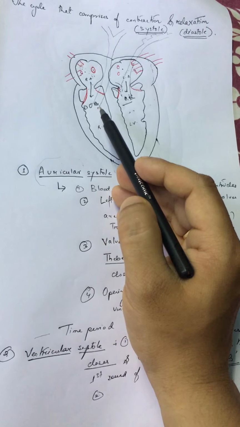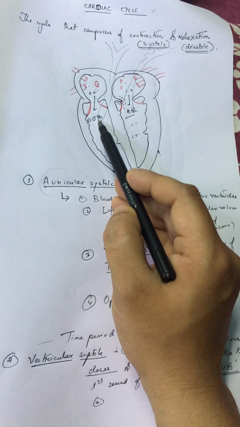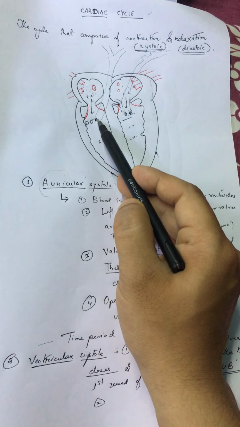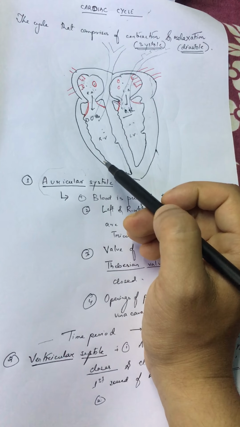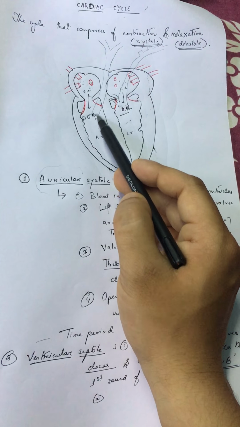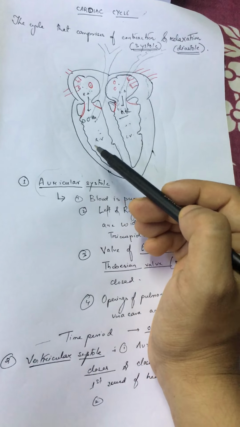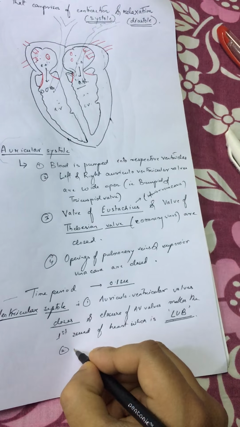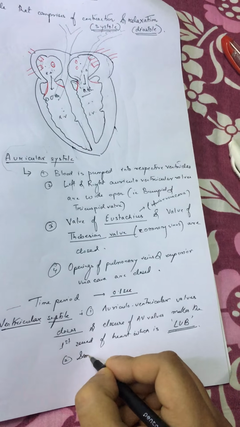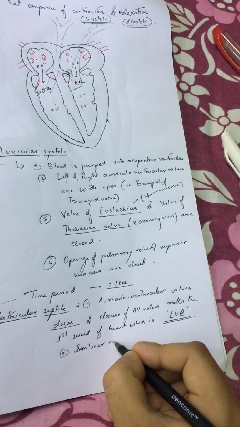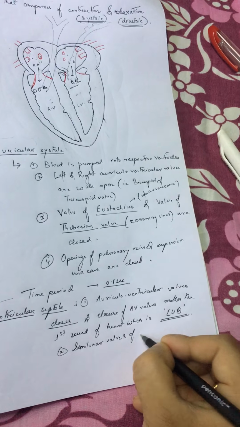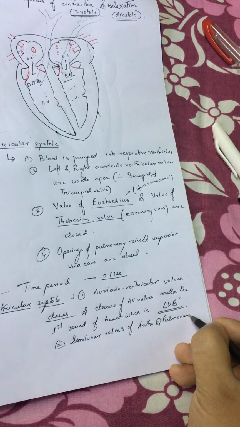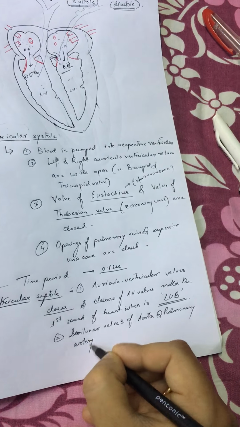Now, as I told you, the opening of the pulmonary artery and the opening of the aorta will have certain valves, and these valves are the what valves? Semilunar valves. So when the ventricles contract, the blood needs to flow through the pulmonary artery as well as the aorta, and therefore the semilunar valves should get open. So the second thing is that the semilunar valves of aorta and pulmonary artery are open,